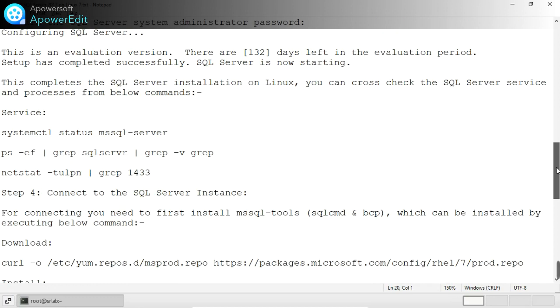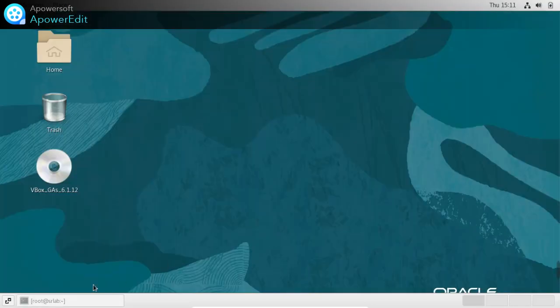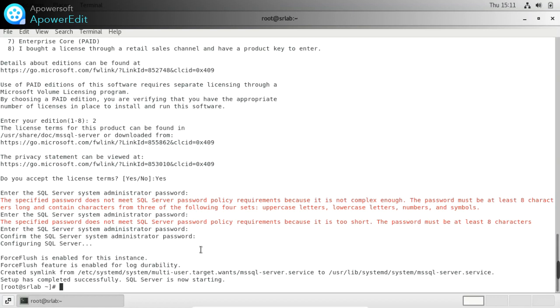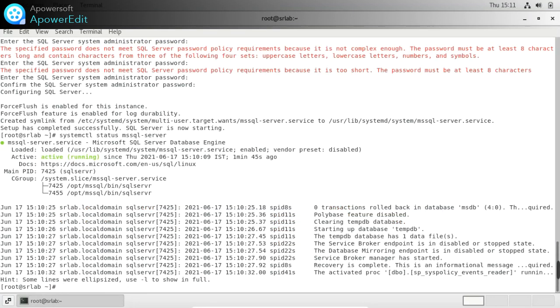Now what we are going to do is check the service. The service is now starting, right? So let's verify the service. It's active, running. All right.